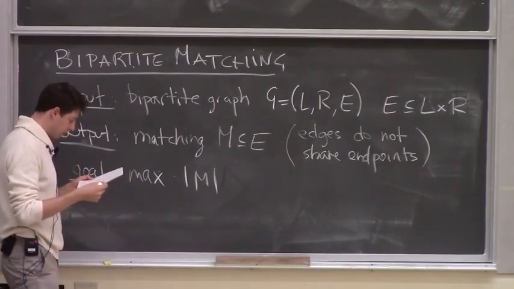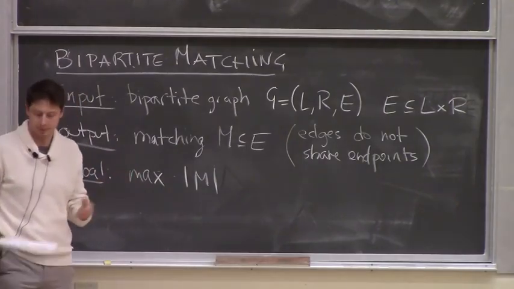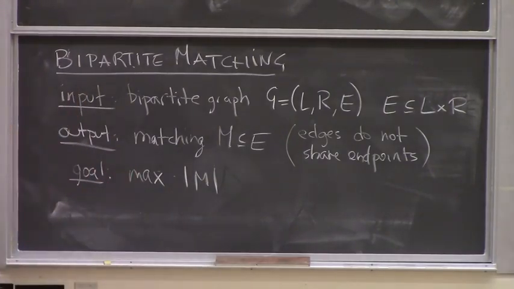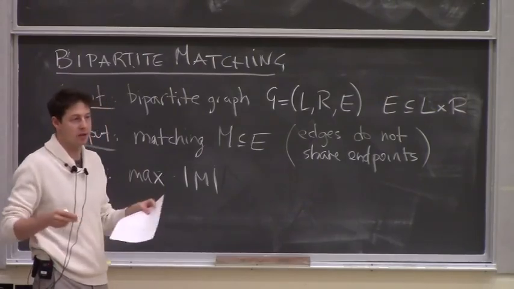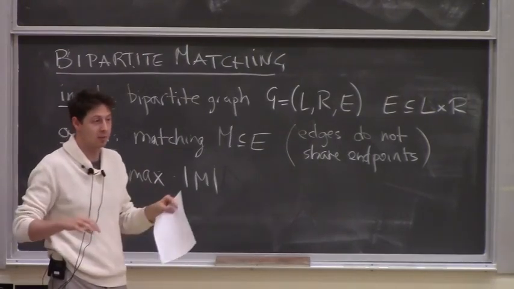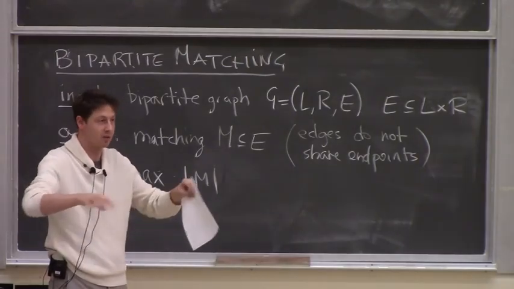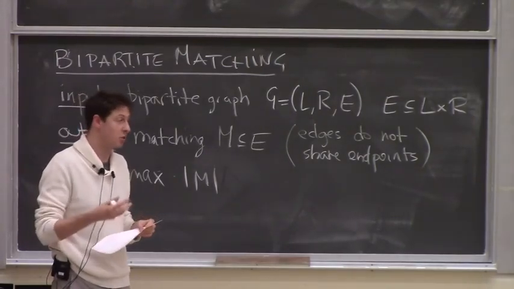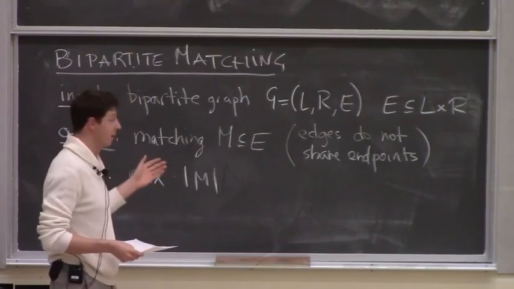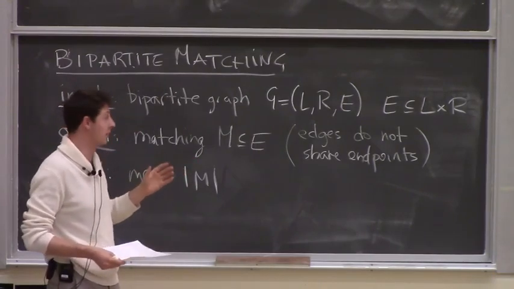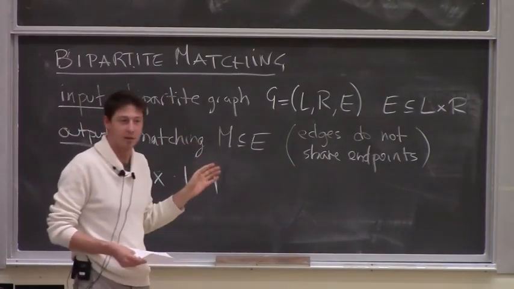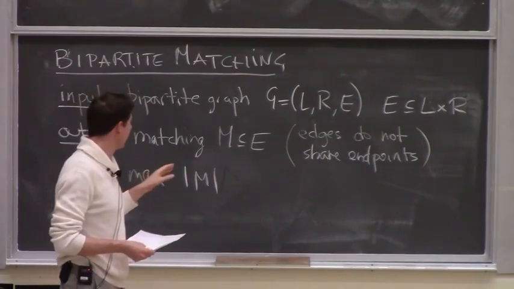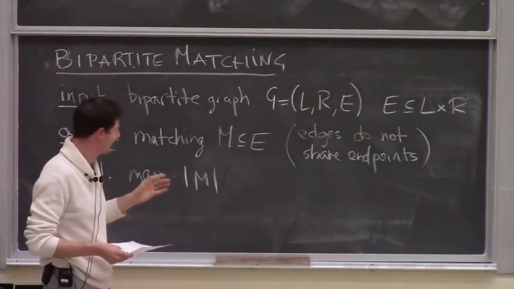So where would this type of problem show up? Why is it a natural problem to study? Yeah? Excuse me? Yeah, sure, but I guess with dating websites, you don't have a global algorithm that is some demagogue matching everybody. Normally you choose, right? And also especially these days, in the Western Hemisphere, Berkeley too, this issue of edges not sharing endpoints seems to be like a stretch, right? So it's okay. But